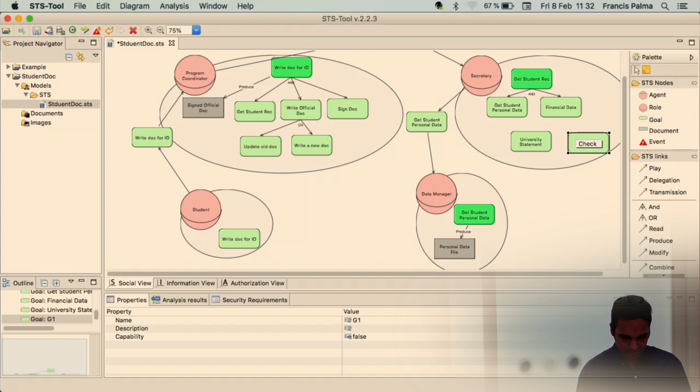So, check income adequacy, let's say. So she needs to fulfill both of these goals,